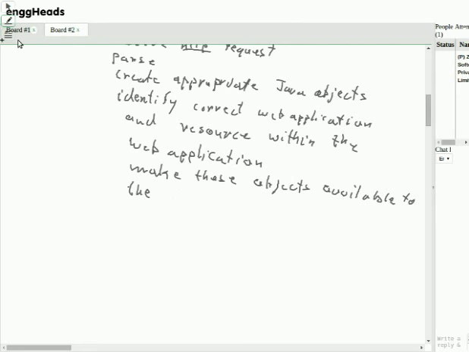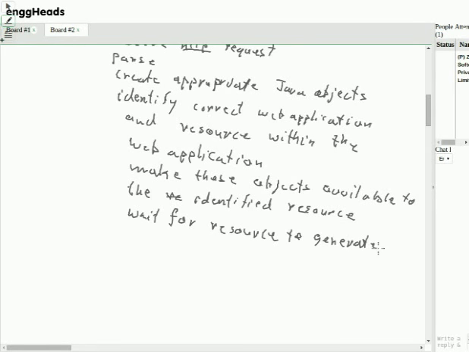Yeah, make these objects available to the resource, or rather the identified resource, and then wait for the resource to generate an output,